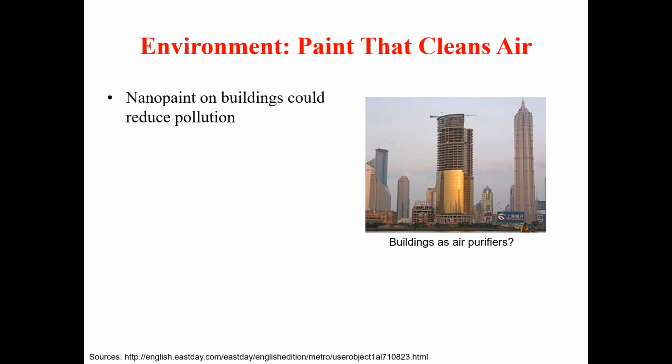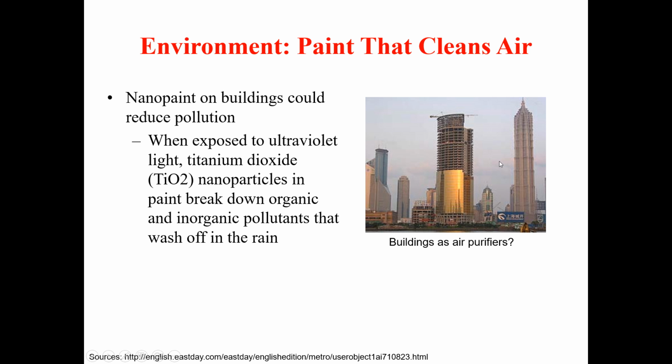So this sort of concept is giving a sense that is almost disturbing for the newcomer in nanoscience and nanotechnology. So how is that possible? Here we have a good example of that. An example is that we can utilize a nano paint. We can utilize nanoparticles. What sort of nanoparticles? The sort of nanoparticle that we can utilize for this purpose, that is to clean air, is titanium dioxide nanoparticles. There is something very excellent linked with the titanium dioxide nanoparticle, and it's that when exposed to ultraviolet light,